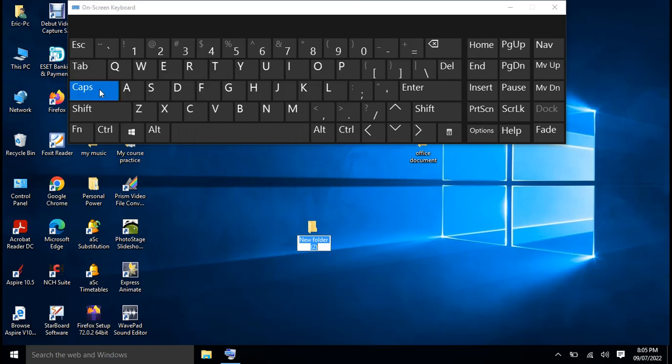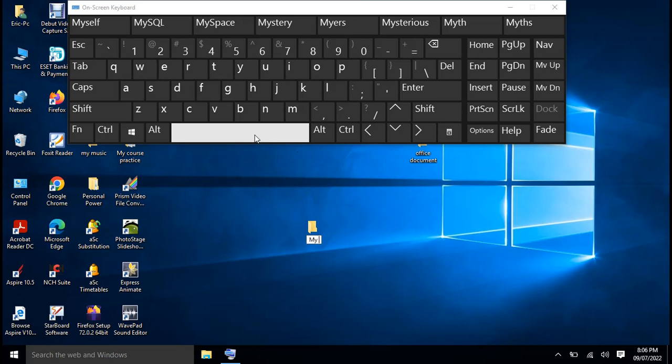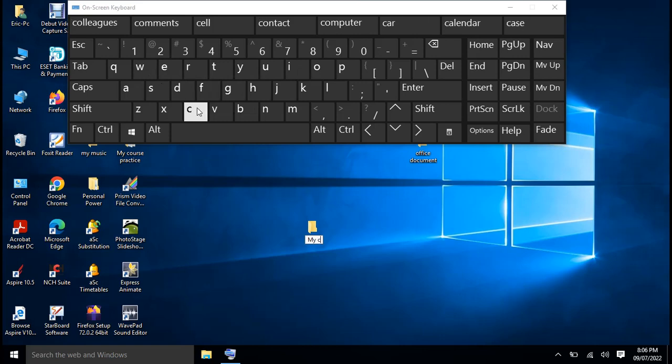So I'm gonna click caps, they are capital, and then I'm going to click M. Okay, notice now we are typing M, and then I'm going to click caps again to deactivate the uppercase into lowercase, and I'm gonna continue. So M, so you type Y, and then you put a character space by clicking the space bar, and then let's say my file, okay, or I can type my confidential file. Let's type the word confidential, my confidential